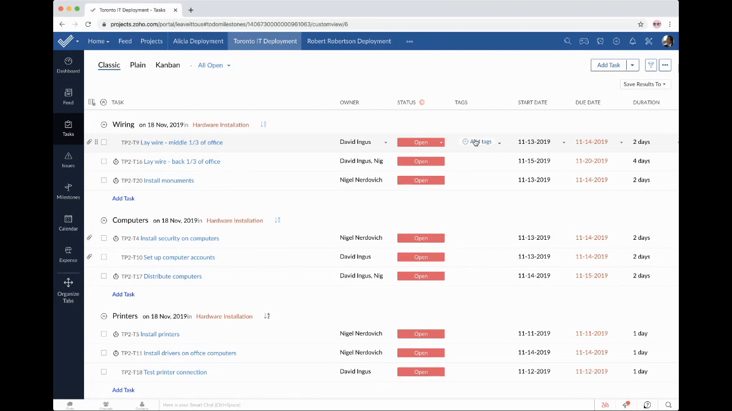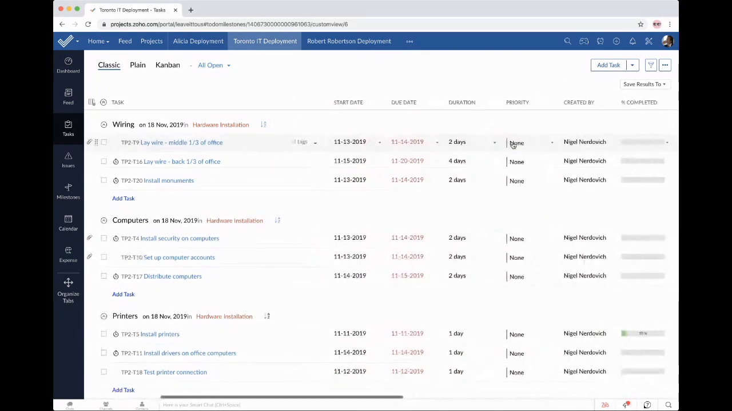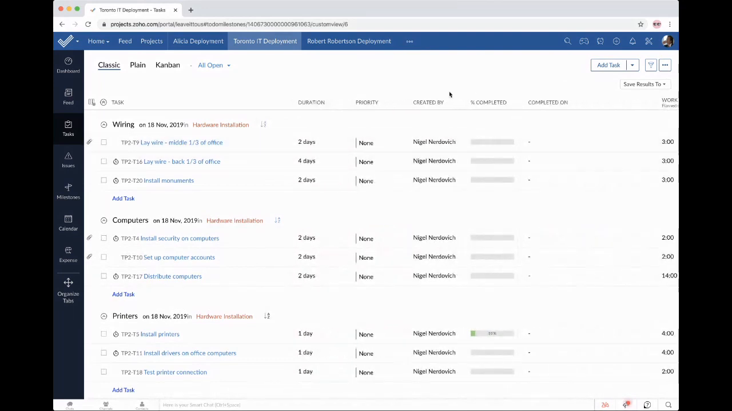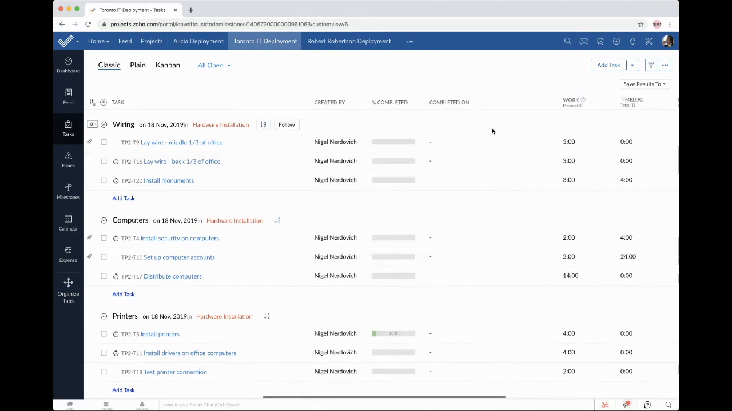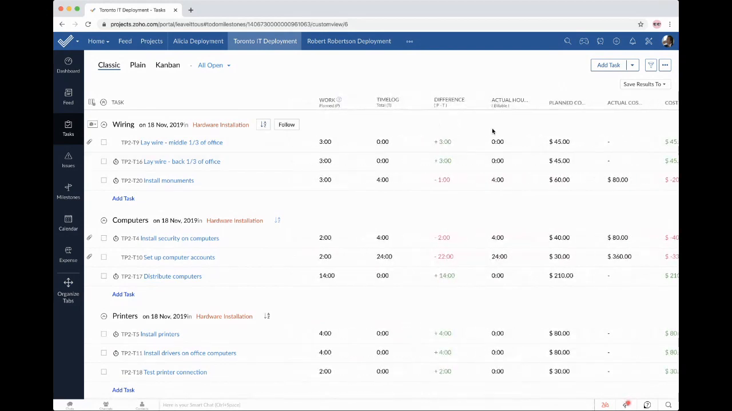I definitely recommend using that if you're worried about how you're going to be organizing these things. And then you can see the start date, due date. And then as we come over here, we get information that you might not need as much. So the priority, who it's created by, how completed it is. And then we come over here to this very important information, but information that you're probably not going to need